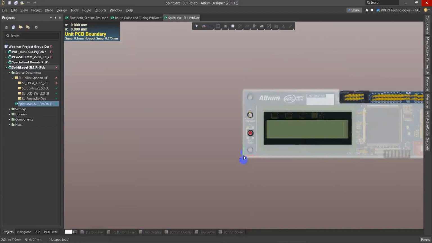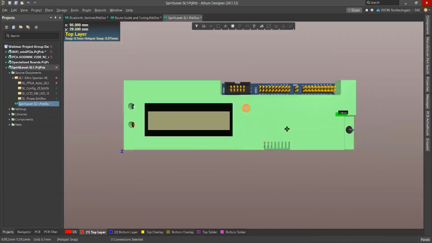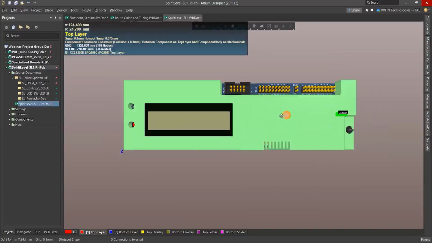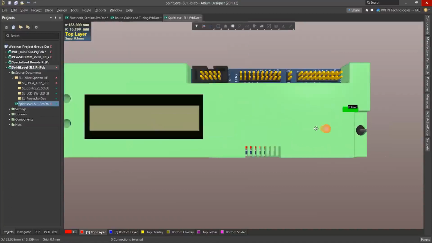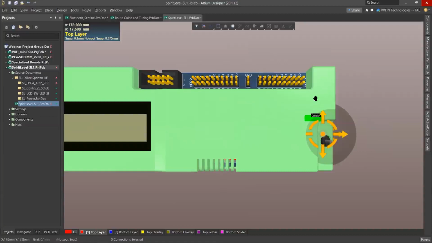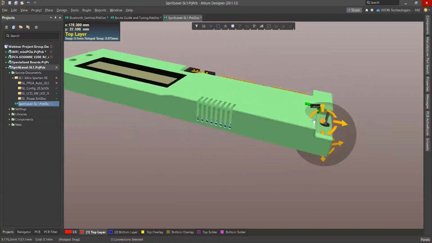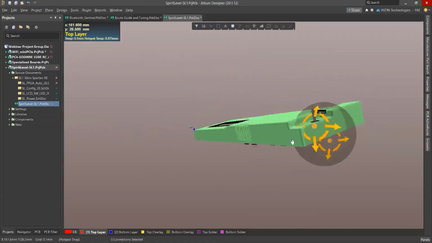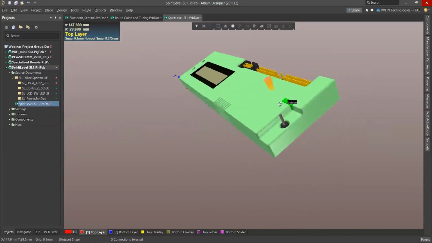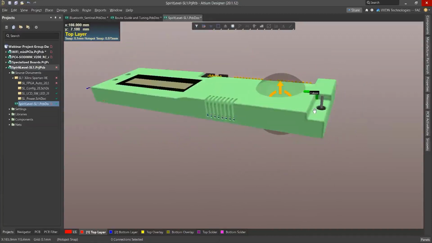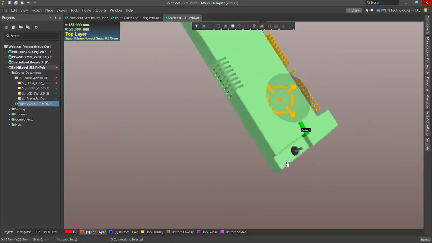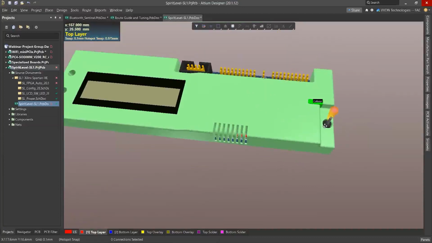Then click on Enter, then Escape. So we can place this mechanical case and check our design. If there is any collision, if any component's height is bigger, it will touch this mechanical case and hit it, right? It will hit your mechanical case. So we can check whether any collision is there or not. After that we can make the changes also.